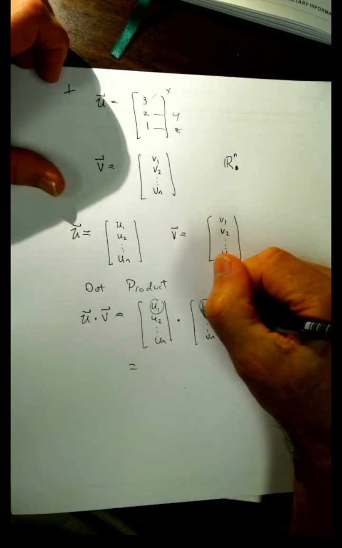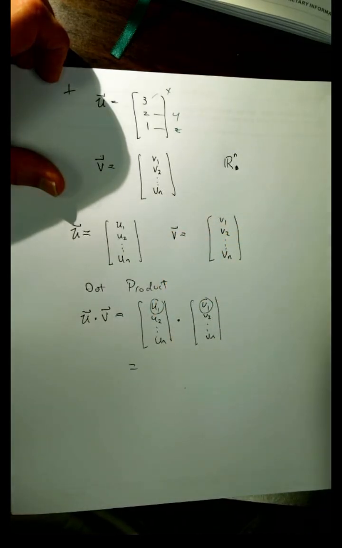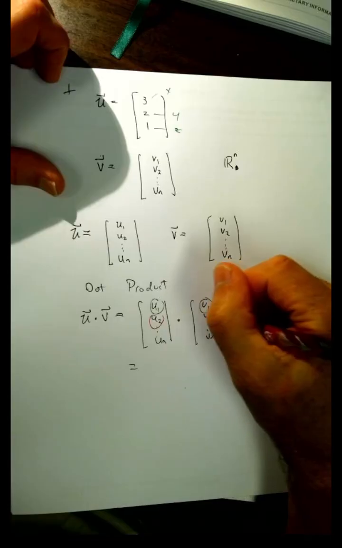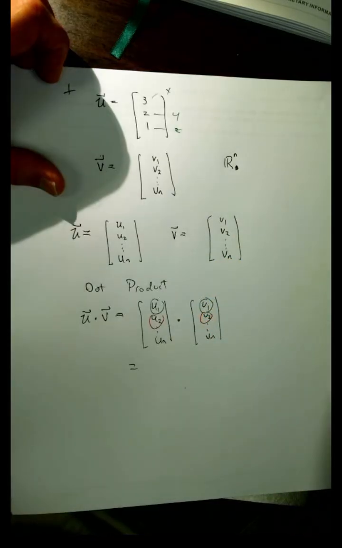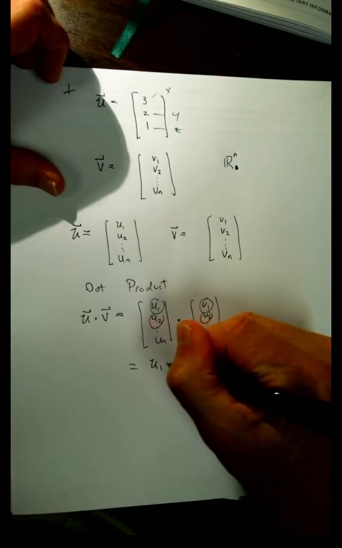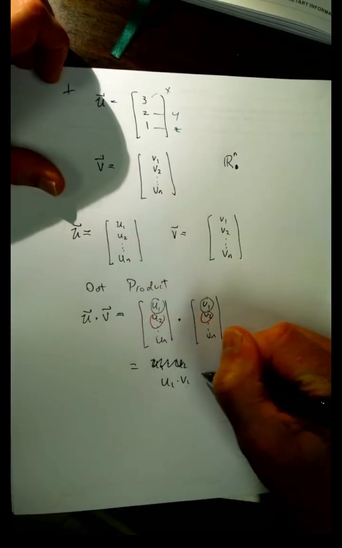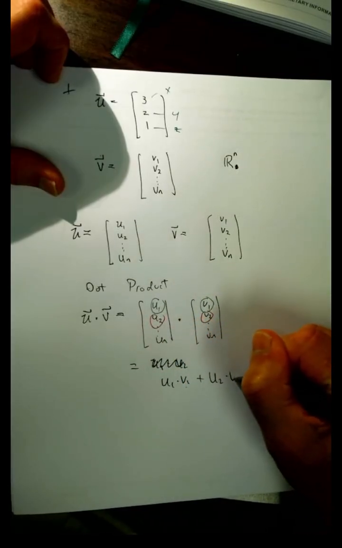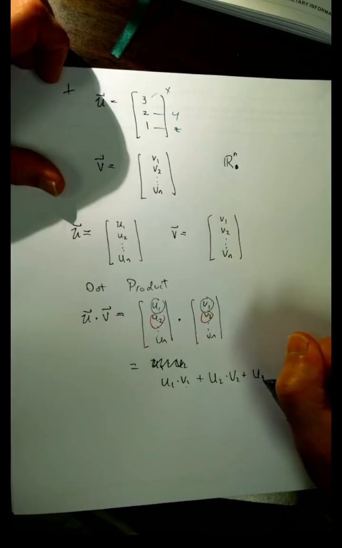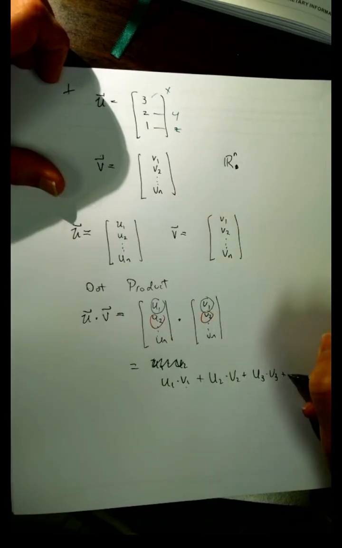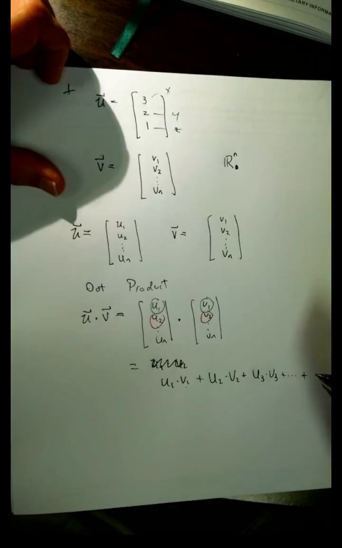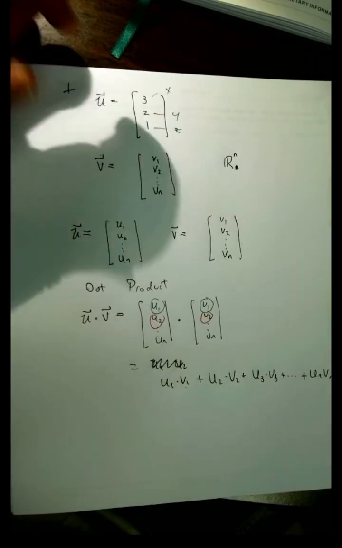I'm going to take this times this, and then add this times this and keep going down. So we define this to be u1 times v1 plus u2 times v2 plus u3 times v3, and you keep doing that till you get to the very last entries, so you get un times